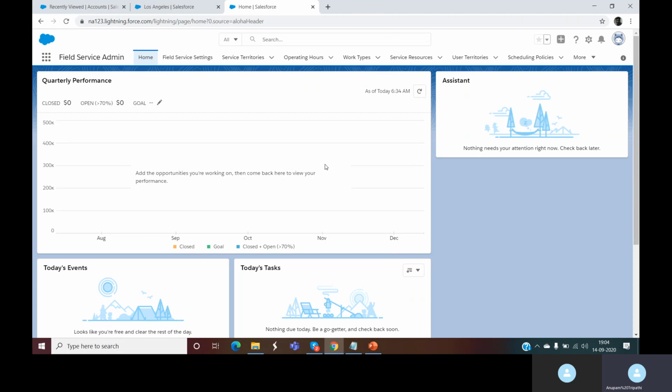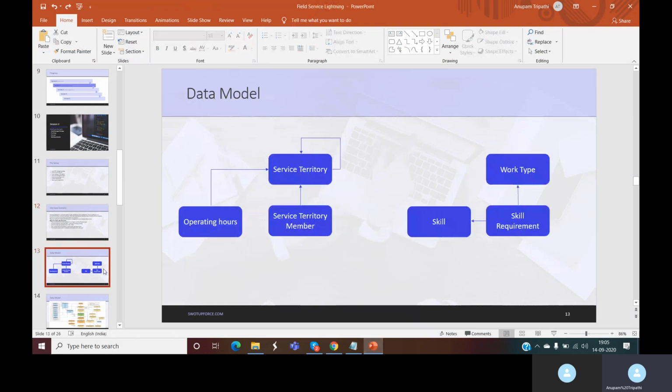Now remember we talked about the work type. So I think we can also discuss this work type. As I said, a work type is a service offered by a company. For example, for Amazing Cooling Inc, the services are installation, service and maintenance.